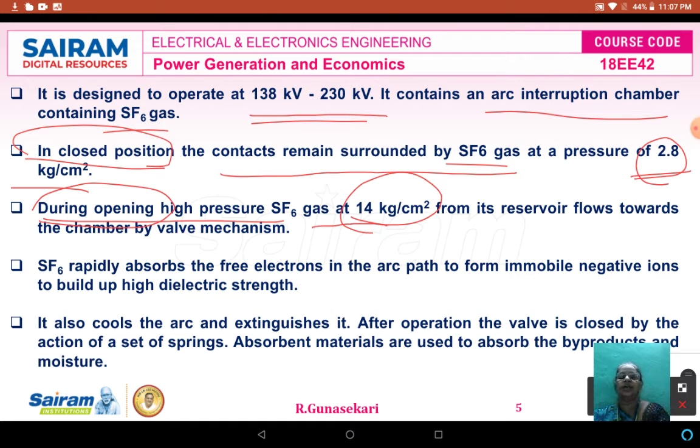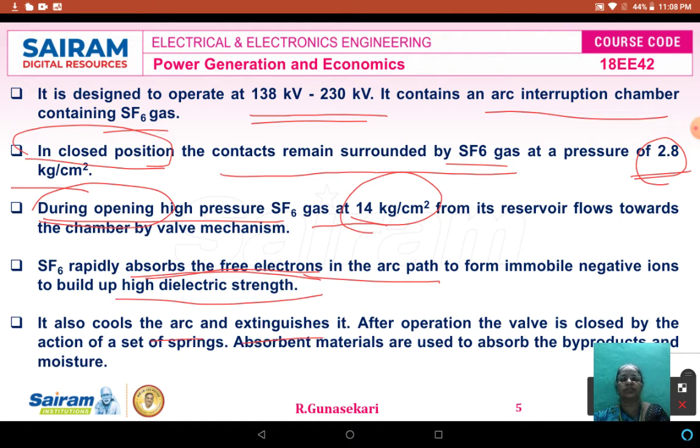The SF6 absorbs free electrons in the arc. The current is nothing but what? Movement of the electrons, or the arc produced between the contacts, that means fixed contact to movable contact. So therefore, it absorbs the free electrons in the arc path to form immobile negative ions to build up the high dielectric strength. And then the SF6 is also used for cooling purposes, to cool the arc